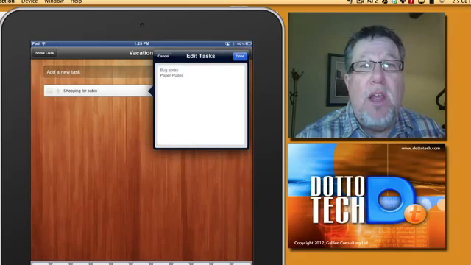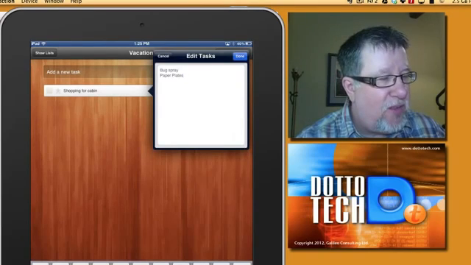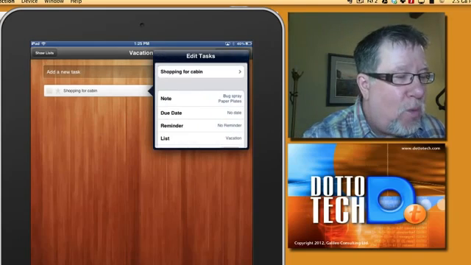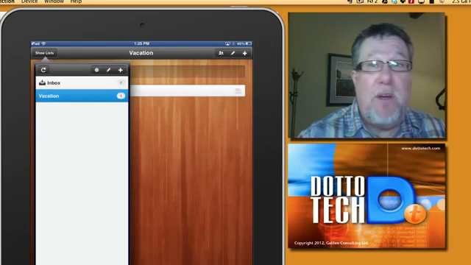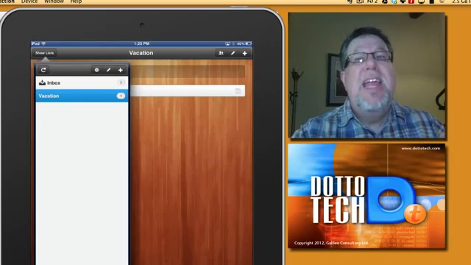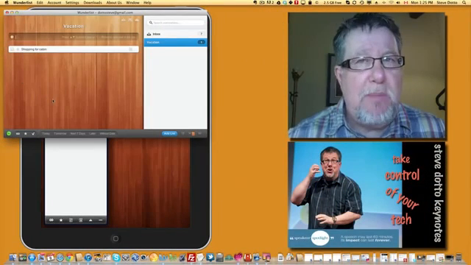If I'm out now shopping, I can be on my iPhone, I can take a look, I can see the list of different things that I need to purchase, and I can check them off, and I can take care of my list while I'm in the field. And of course, if I want to add new tasks in the field, I can add them while I'm traveling about, and then they will be reflected back through here on the desktop version